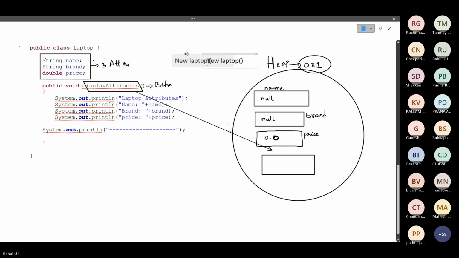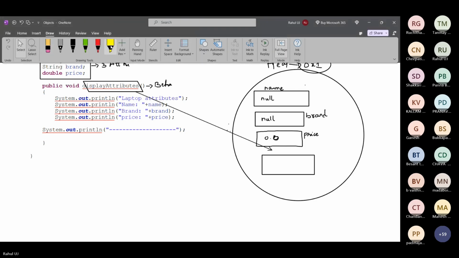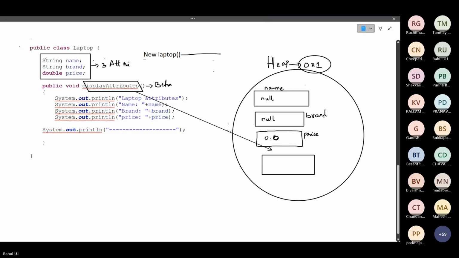So this constructor will load it. Okay. This constructor will load it. Understood? So this one dabba is your L1 object.